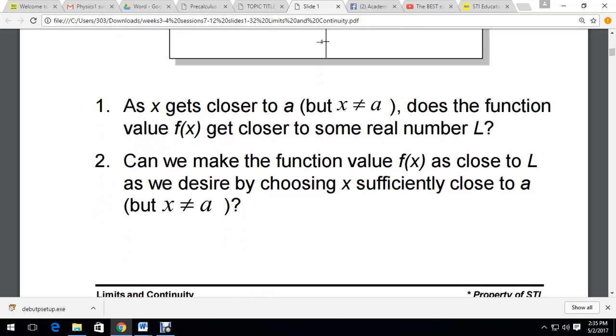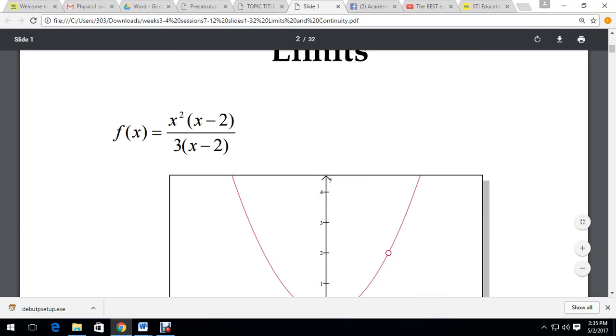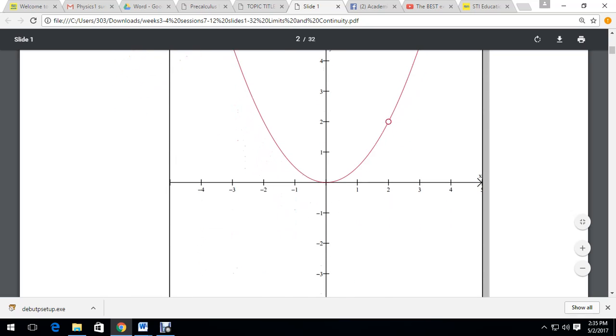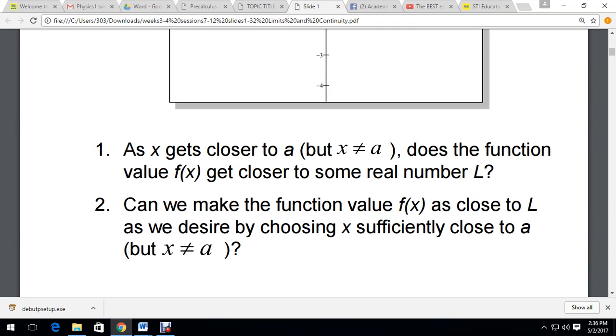Now, to illustrate this further, we could try asking the following questions, so that the answer to these questions would lead us to that particular value of y, or that particular value of f of x on the y-axis, so that we could determine this value as the limit of the function. We could try asking the following questions. So, for example, as x gets closer to a particular value a, it is possible that x is not equal to a. The question now is, does the function value of f of x get closer to some real number value